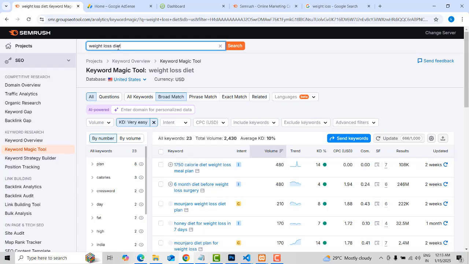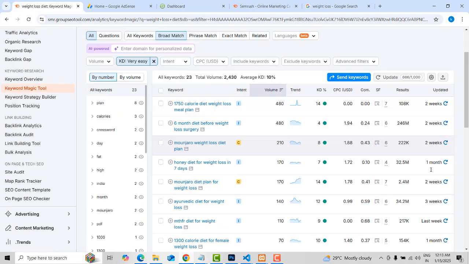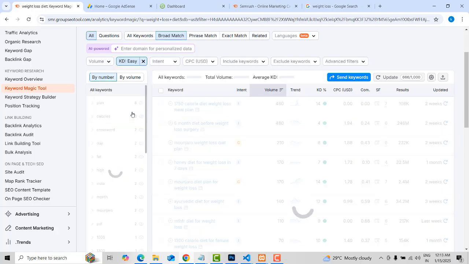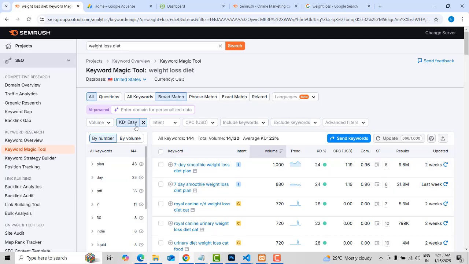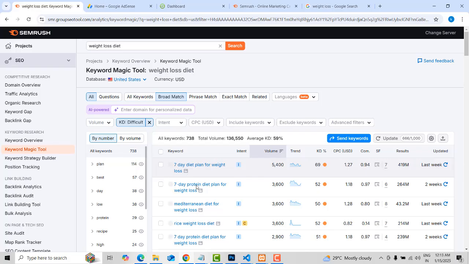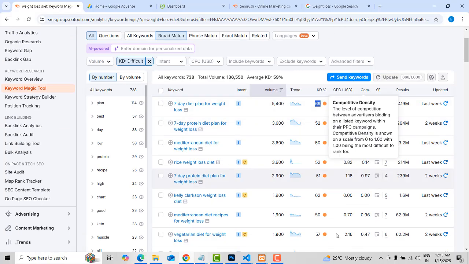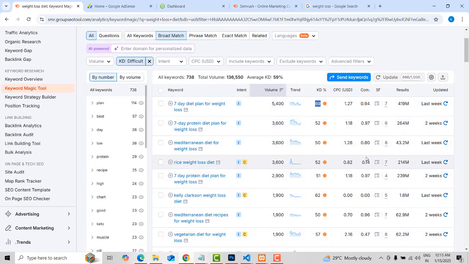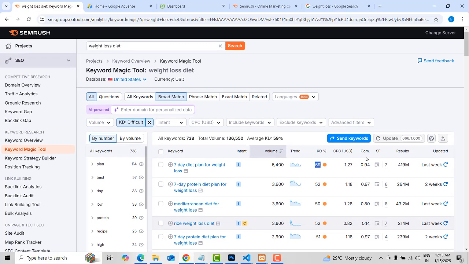Let's search for the search volume and other details for this keyword. The search volumes are very low here, so if you go for easy keywords, this is about easy. If you go for difficult keywords, the volume is high, so you don't take these keywords. Here the KD rate is 16. If your blog is 4, 5, or 6 years old, you can take these keywords and write. That is nothing, because your website has already ranked in Google search.